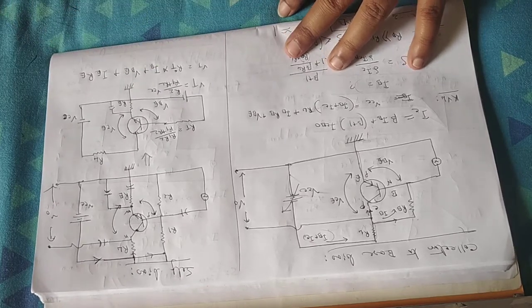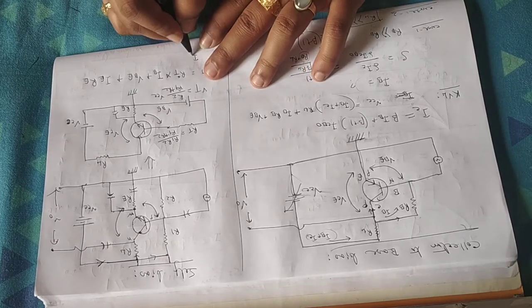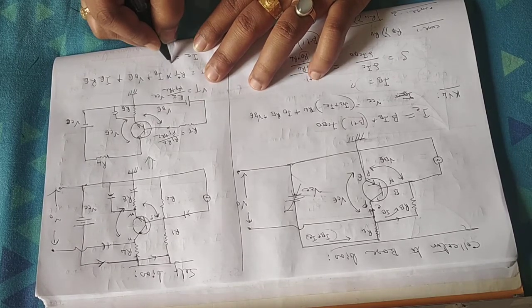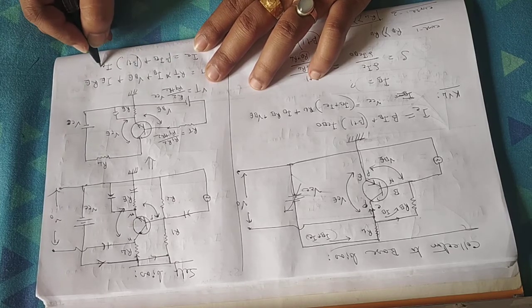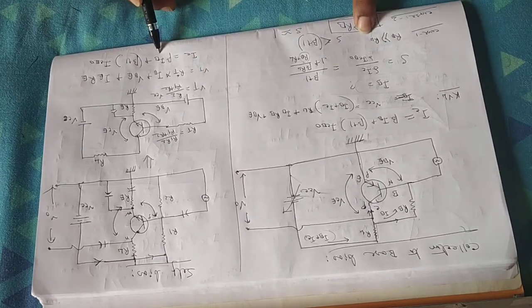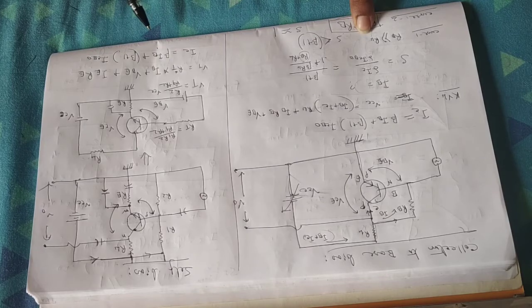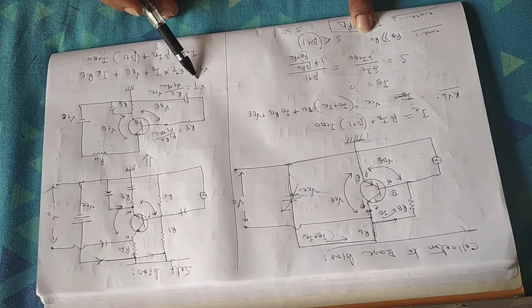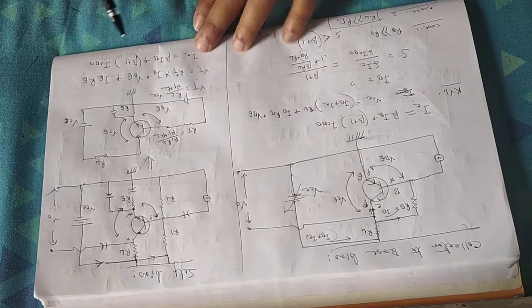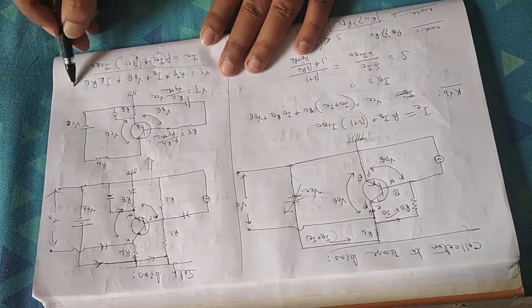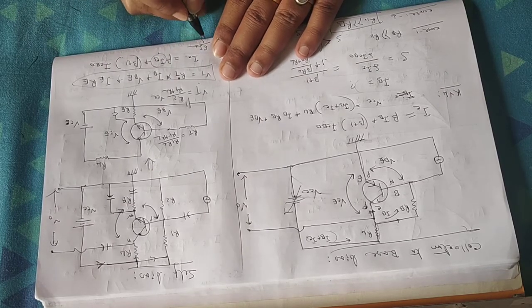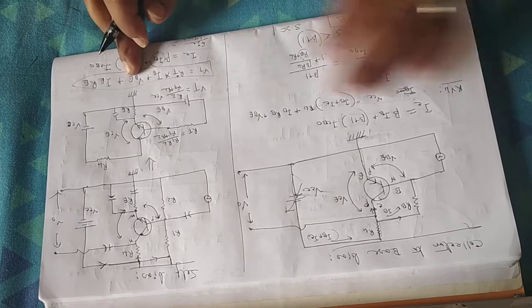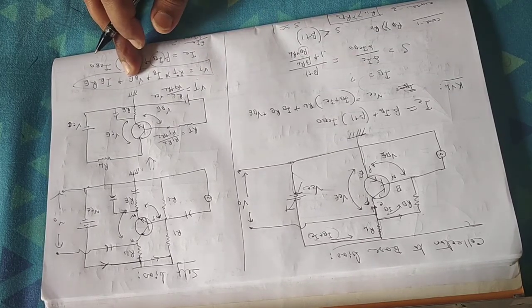So from that you can easily get the value of IB. Then you will put the value in the equation IC equals beta IB plus beta plus 1 ICBO. Then as in the previous calculations, you consult any book now. The calculation is a little lengthy because Thevenin's equivalent voltage and Thevenin's equivalent resistance you have to put in the equation. Put the value of IB from this equation, replace IB, then calculate the value of delta IC divided by delta ICBO. That will give you the stability factor, and for this self bias circuit the stability factor will be